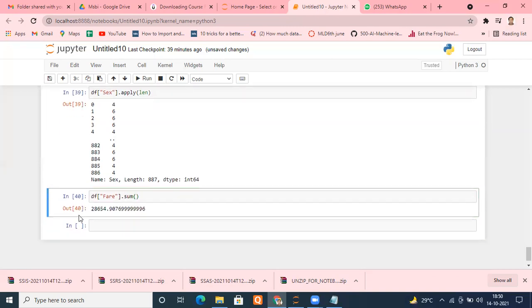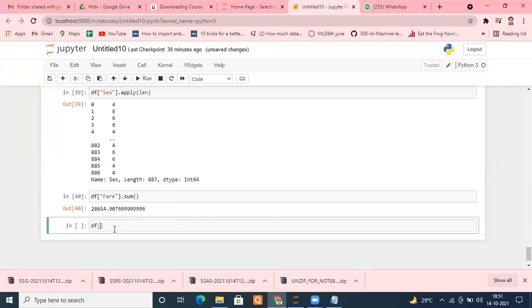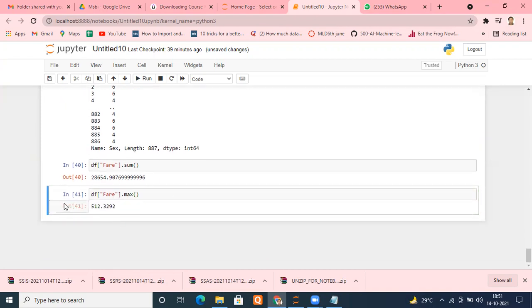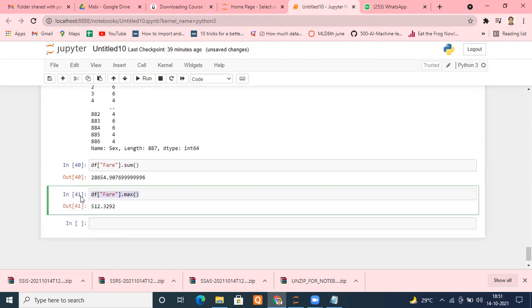It tells me the total amount paid. Total fare was 28564. Or you want to find the maximum value, you can do that the same way, fare dot max. You want to find the minimum fare, again, you can use it easily.